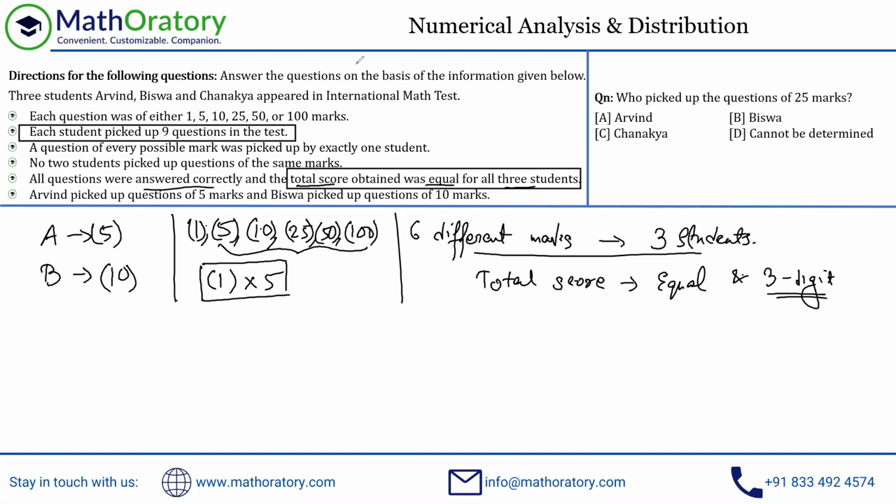One is I always analyze it to an extent which I can without thinking too much. And second, I always think of a question which will be the most useful to me. So I can answer this straight away, this total score being equal. So if I have a question on the total score, that will be the most useful one.